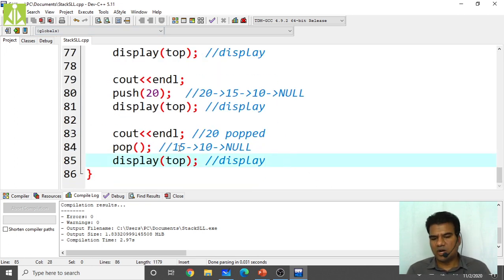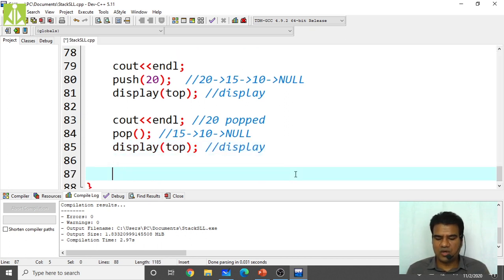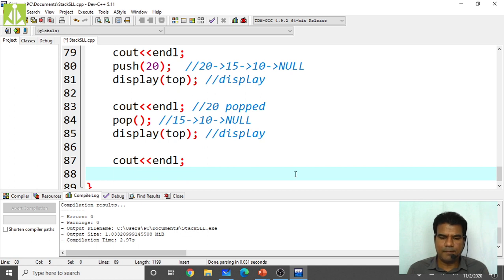So now what element do we have at the top of the stack? 15 we have at the top of the stack. So when you call that peek function, it has to print that one, cout of endl. Okay, then cout of peek.